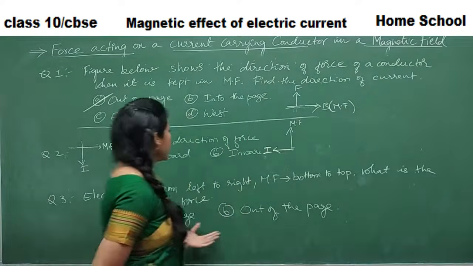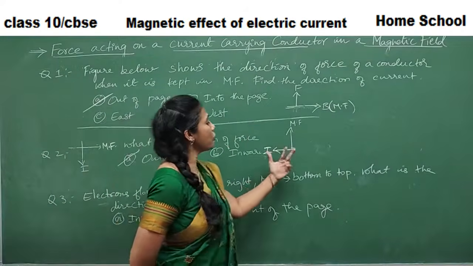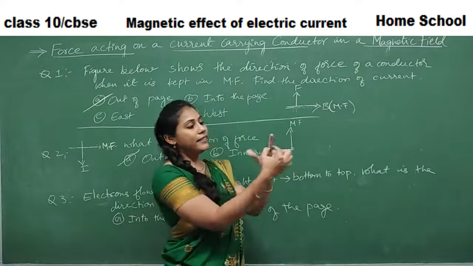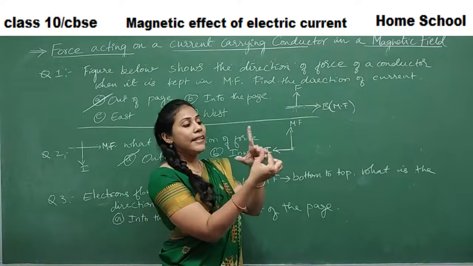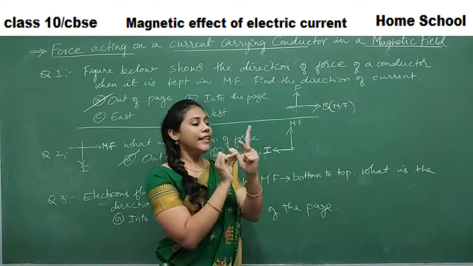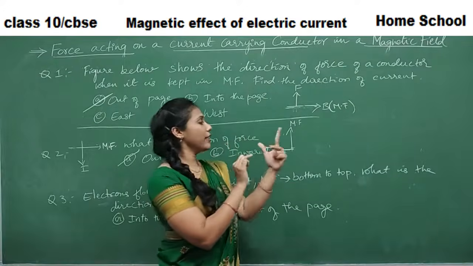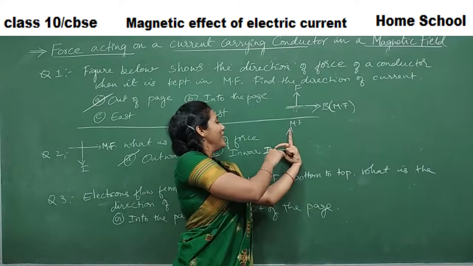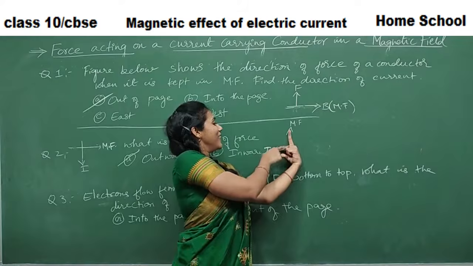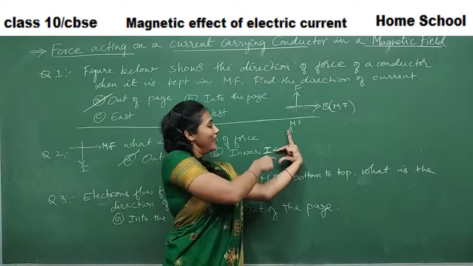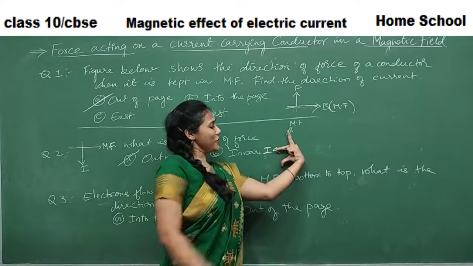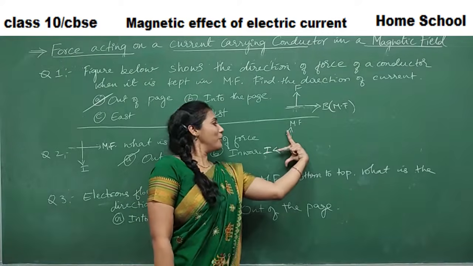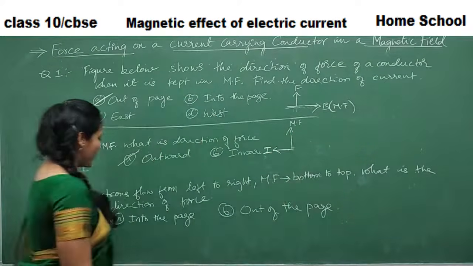Okay, so now what is the direction of force? My index finger is for the magnetic field, the middle finger is for current, then our thumb will show you the direction of force. So adjust according to the figure. This is my index finger. Middle finger is for current. Now my index finger is showing which direction, inside or outside? Definitely it's not showing outside. It has to move inside, right? So into the page is the answer.